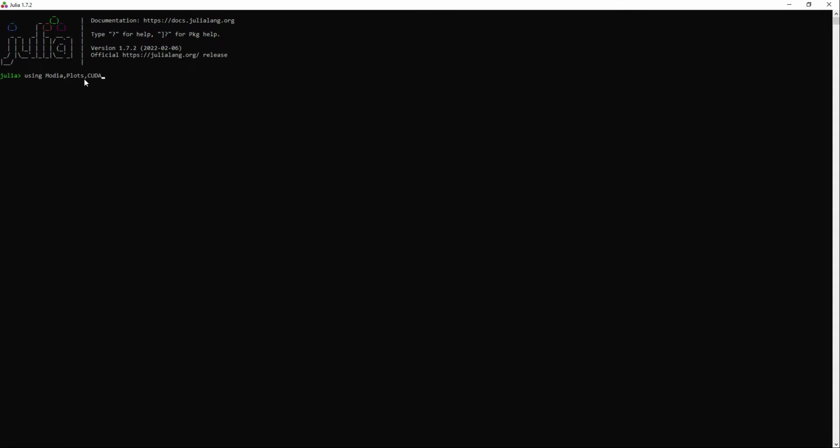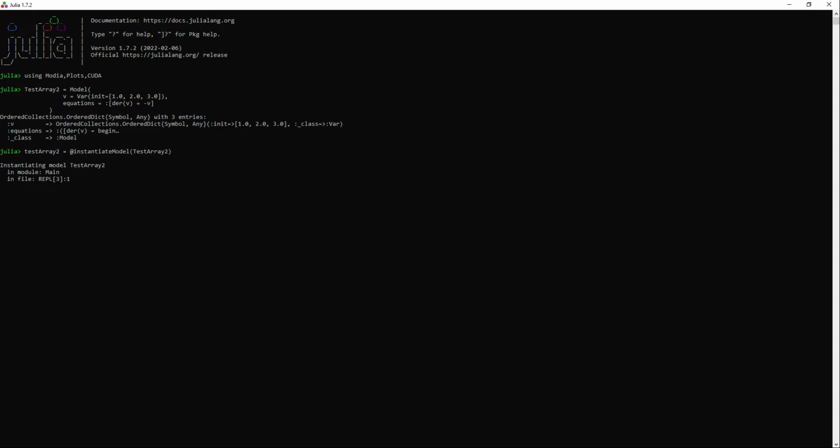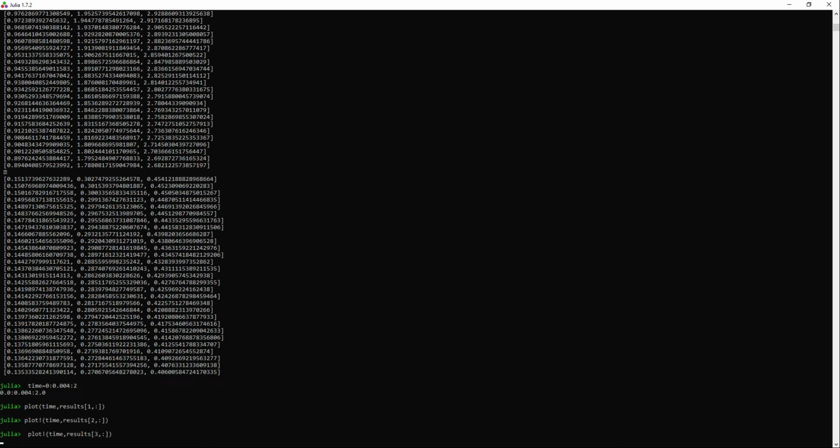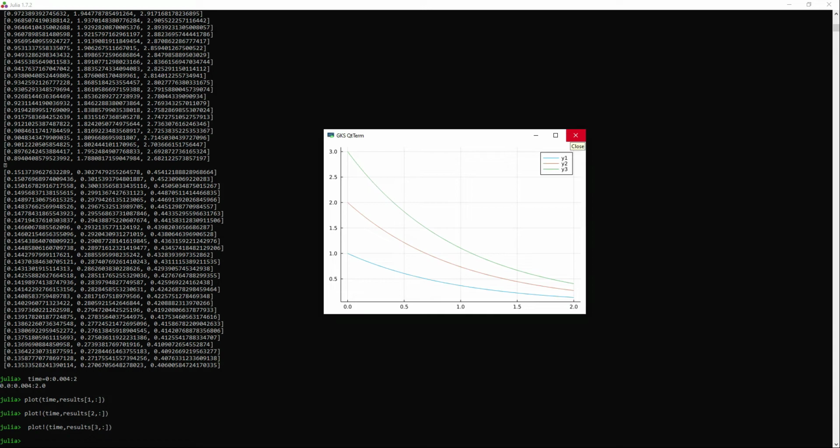For doing so, I will start by telling Julia that I need to use the Modia, plots and CUDA packages. Then I will run a test based on the example that you can find in Modia's documentation. When we simulate this very short model, we get this collection of values in arrays, and when I plot all of them, we get this plot. So based on this model, I'll see if I can add some CUDA functions and plot the boundary layer results